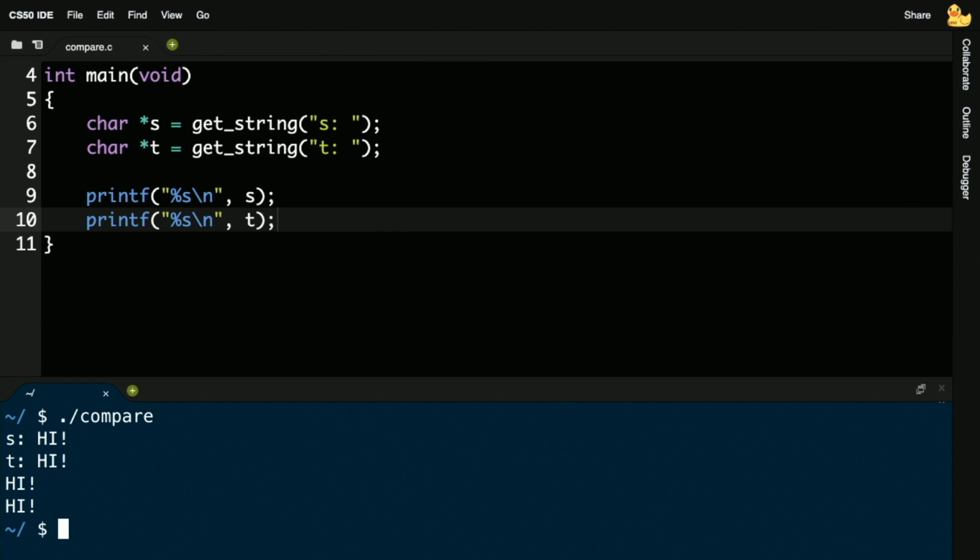But recall that now I have this other format code such that I can start treating strings as the addresses they technically are. So let me change %s to %p in both places. Let me then recompile the program and now rerun compare with both hi and hi identically typed. But notice they've ended up at slightly different memory locations. Even though I have coincidentally typed the same thing, C and my computer are not going to be so presumptuous as to use the same bytes for both strings. That's not going to give me much flexibility if I want to change one or the other.